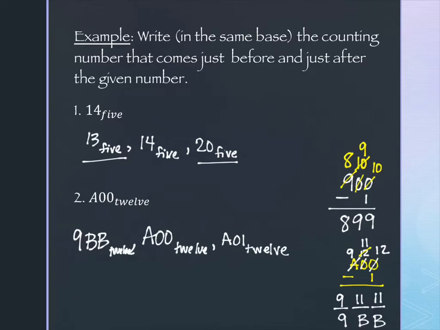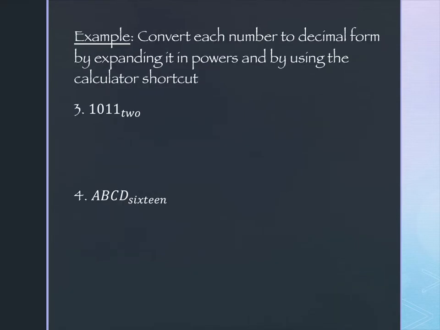All right. So we're going to take a look then at a couple of different things. We talked just about moving the number, finding the number before and finding the number after. What we're going to do now is going to feel like what we did back with the Egyptians and the Babylonians and the Mayans and whatever. We're going to take a number in somebody else's system and we're going to put it into our system. We're going to take a number in our system and we're going to put it into one of these other